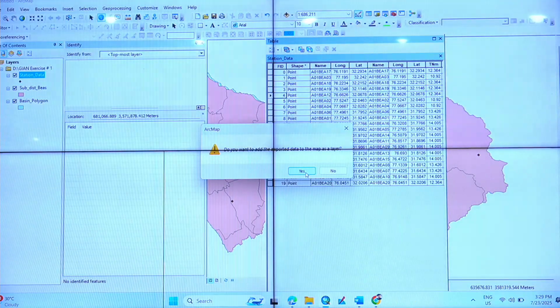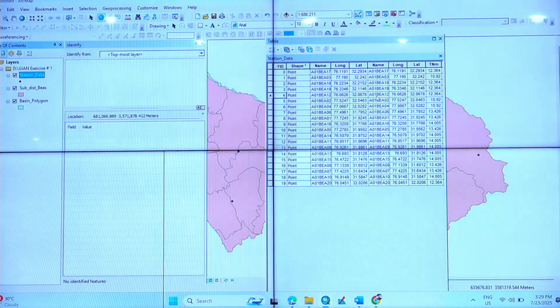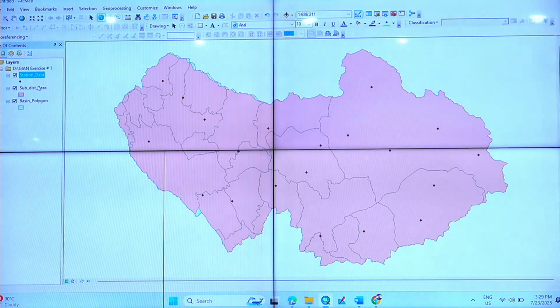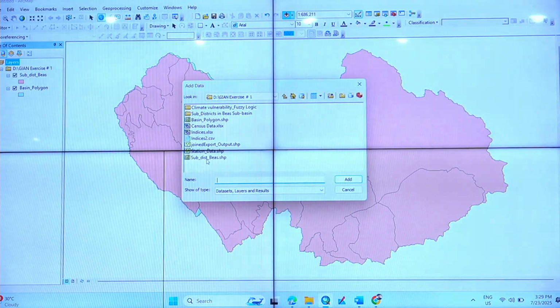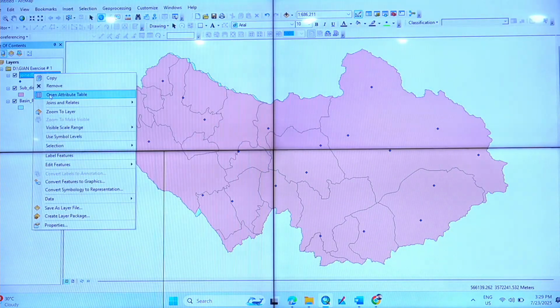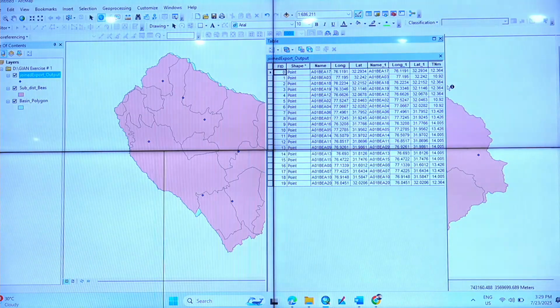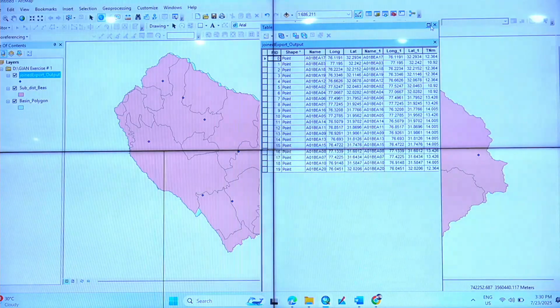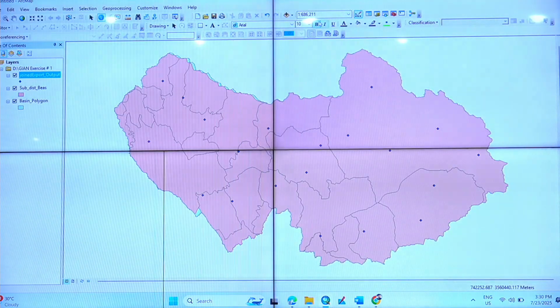It asks if you want to add it. I say no. I close all and then we'll see. We close all of this, remove this point, right? And then when we open it, what I will see here is what we put, joined export, right? And then you check it, all the data is there. If you drag down, you will get all the data. Can you see, right? And if I add a layer, the spatial layer, what I had before, you will not find the data.